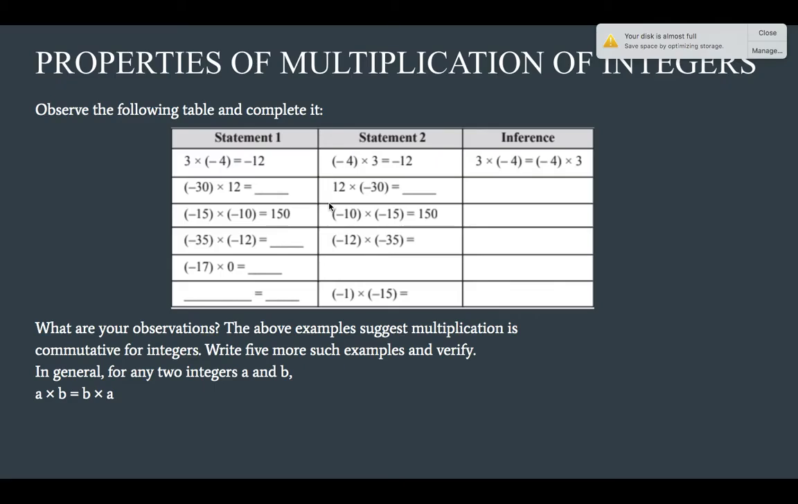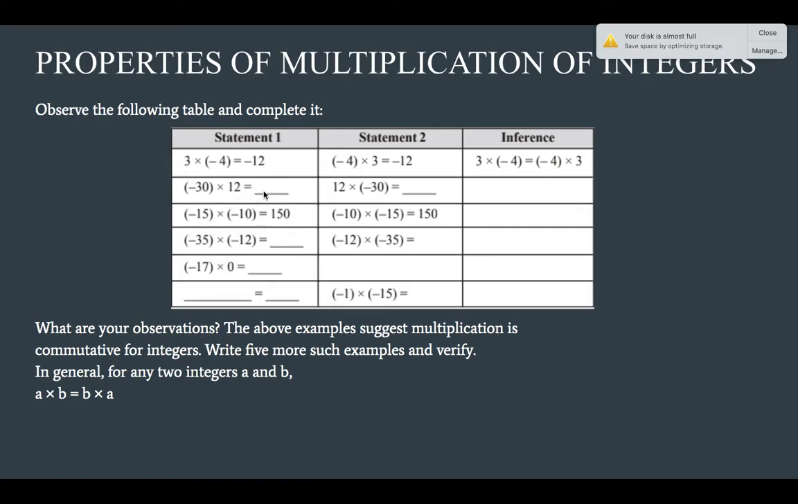We are talking about the second property over here, and look, 3 into negative 4 is minus 12, negative 4 into 3 is negative 12. So the inference is that 3 into negative 4 is equal to negative 4 into 3. So we observe that